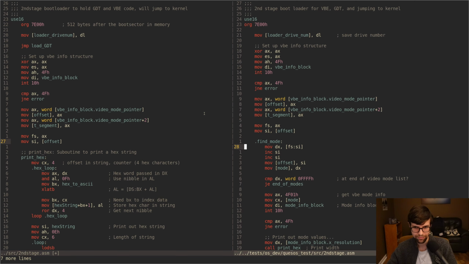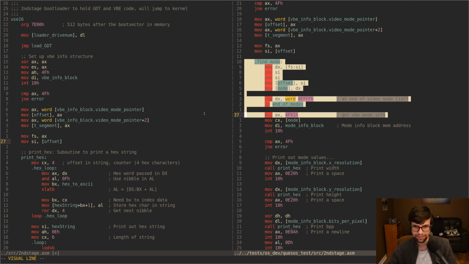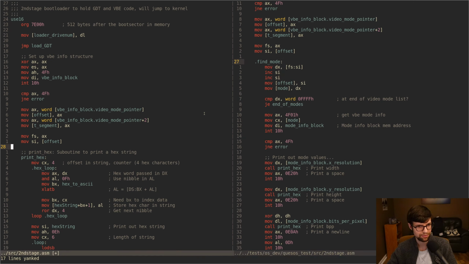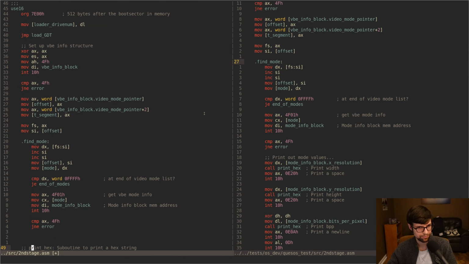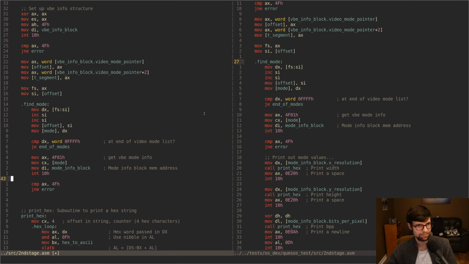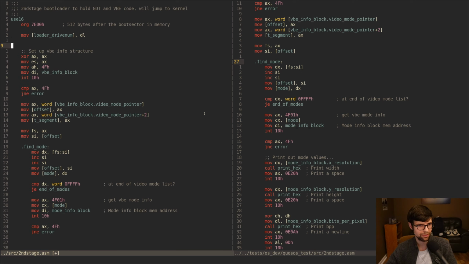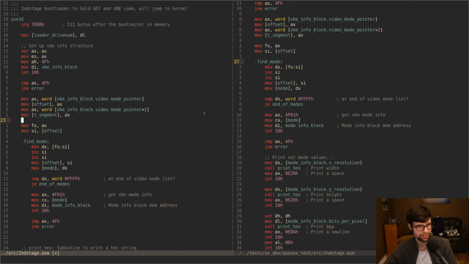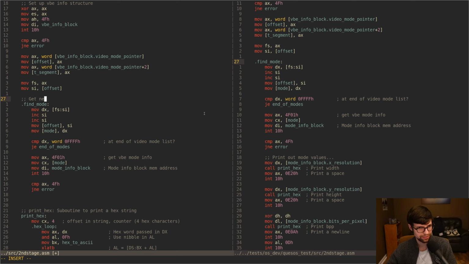Okay. So find mode. I'll just do this short part first. Our find mode label here, which is probably what we're going to jump to, because we want to do that, well, we won't do that. Get rid of that, because we're going to run this code now. Okay, I'll probably put a little thing here. We'll do get next VBE